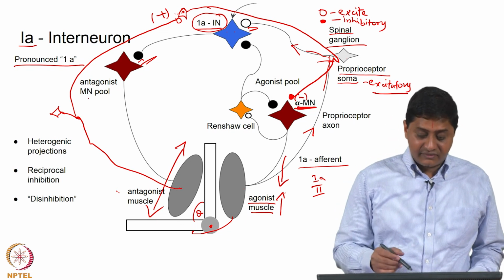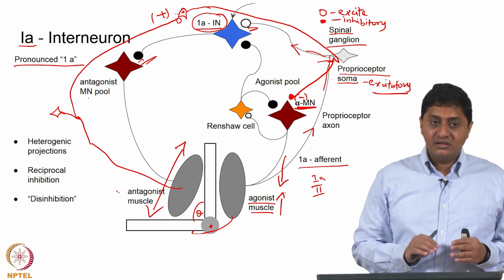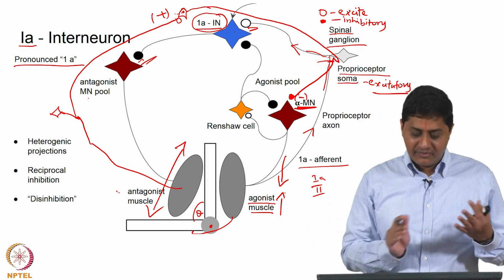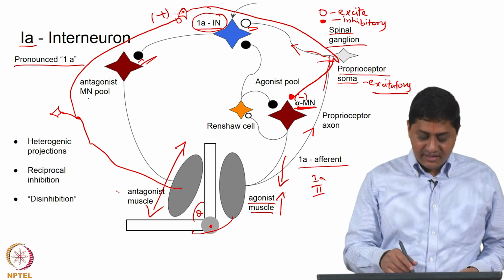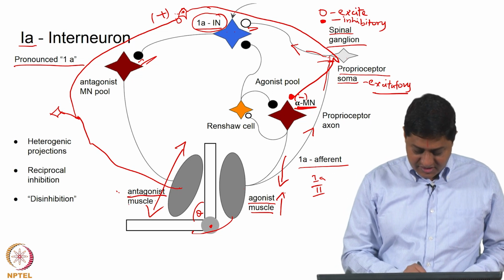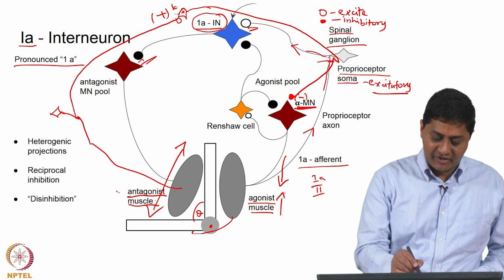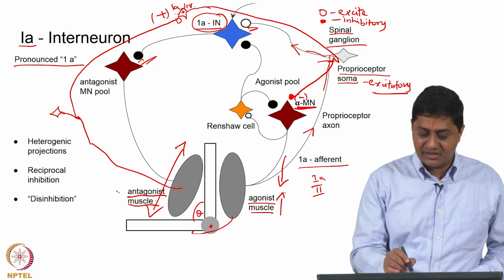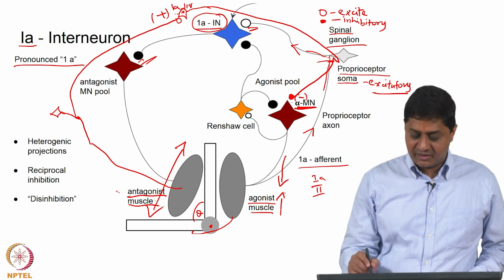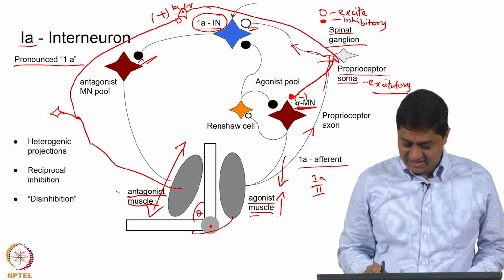So there is reciprocal inhibition. In other words, the projection is going to the opposite muscle. This is true for all the muscles that have counterparts. In every case there is somebody else. So when this antagonist is getting stretched, it is going to excite a different 1A interneuron here, and that 1A interneuron is going to inhibit the alpha motor neuronal pool that is causing the contraction of this muscle.